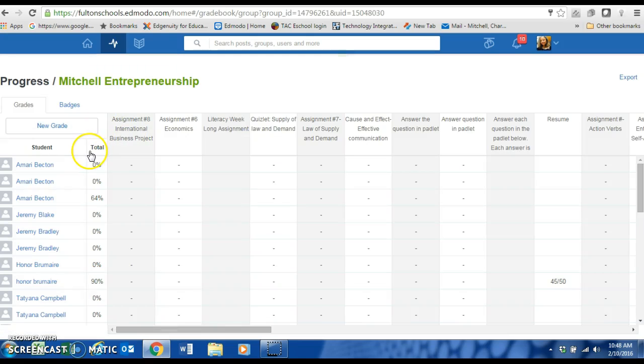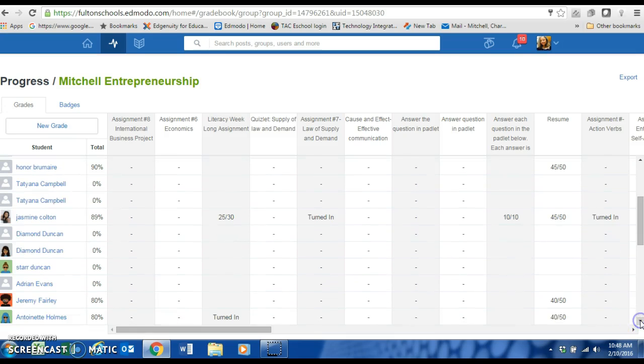You'll see every student and each assignment with the grade if you've graded. You see here I have some that say turned in and I haven't graded them as of yet. But what we can do is go to Export,